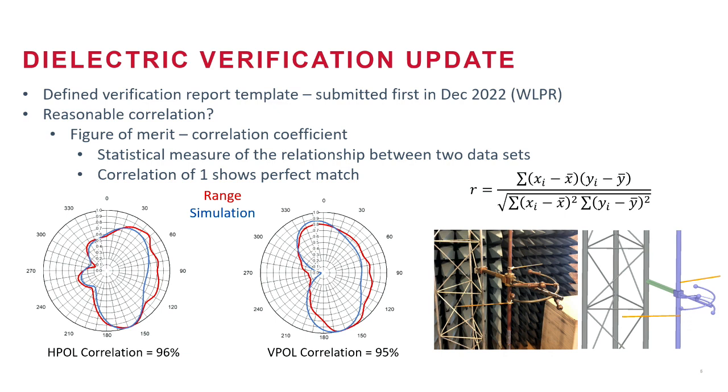Well, off of the range, it's the real world, right? You've got reflections, you've got maybe dimensional errors in the actual building of this apparatus. You've got test equipment that's not perfect. So that 95% only needs to be 95% not because the software isn't good enough to give you a good answer, it's because the range can only be so good, right? The test equipment you're using can only be so good. So it wouldn't be fair to say they've got to be 100% correlated is my point, right? Because no range can do that. So now we're ready. We've got this process in place.